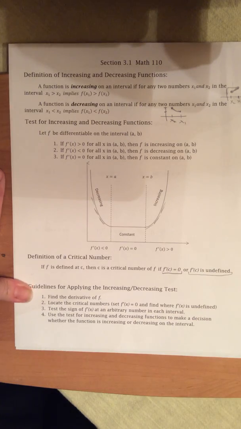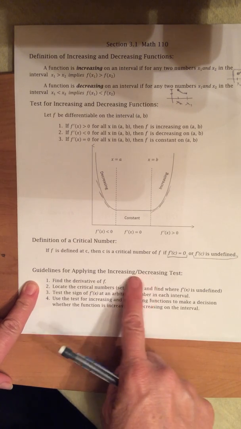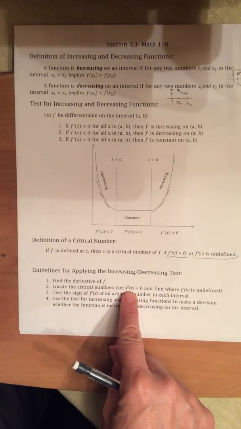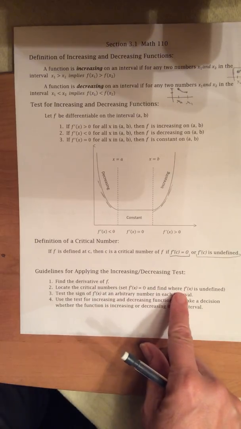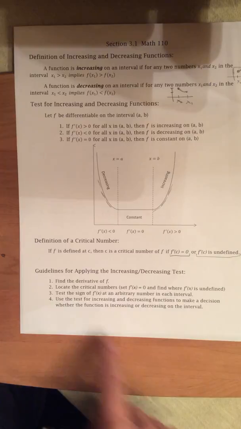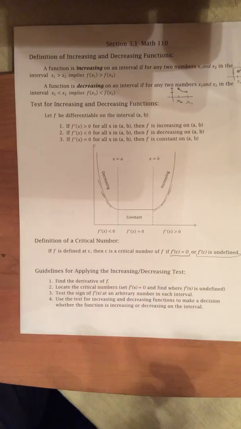So what we're going to do in section 3.1 to find these intervals where we're increasing or decreasing or constant, we're going to go through this 4-step process. We're going to find the derivative of the function, which is what chapter 2 is all about. We're going to locate critical numbers by setting the derivative equal to 0 and finding out where it's undefined, because both of those will create critical numbers. We're going to test the sign of that derivative for any arbitrary number in each of these intervals between our critical values,